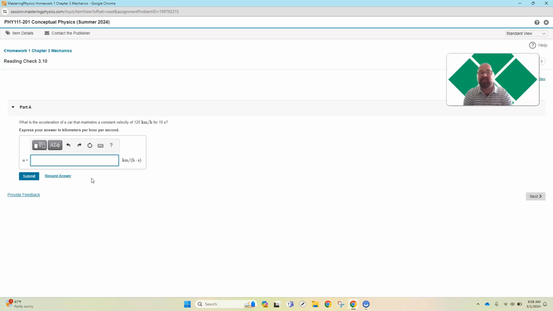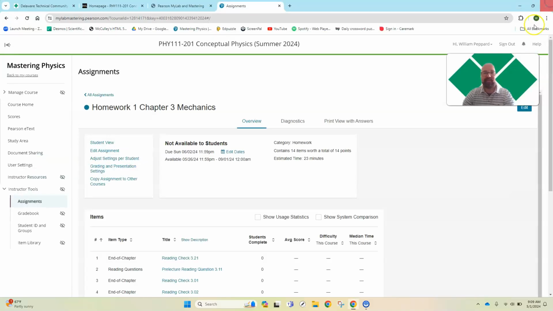So it's usually not students messing up drastically. It's usually just a small mathematical error or a syntax error where you're typing it in the wrong way from what they want. Anyway, the homework assignments are set up in similar ways all the way through, and it'll tell you your score, and that'll be fine.